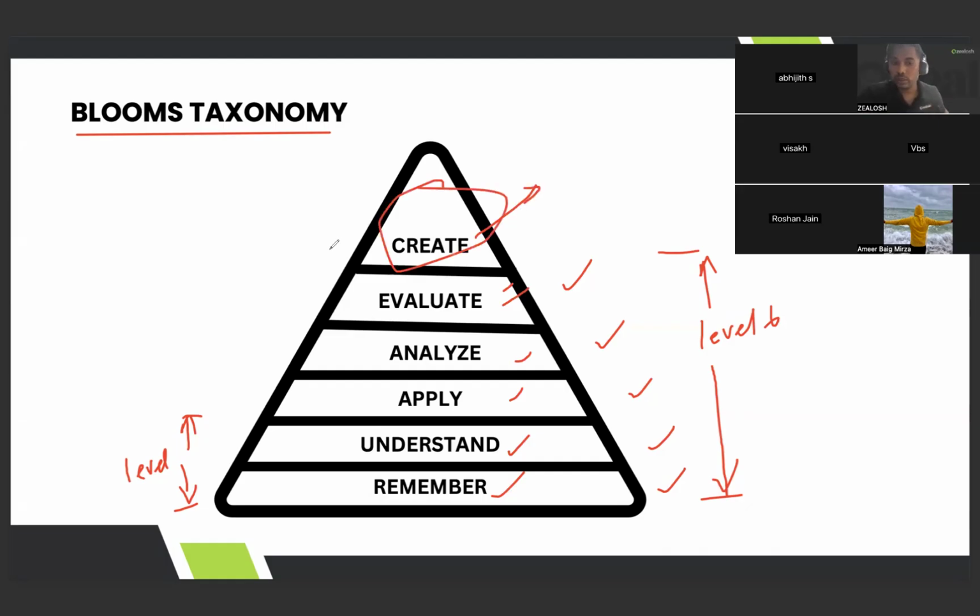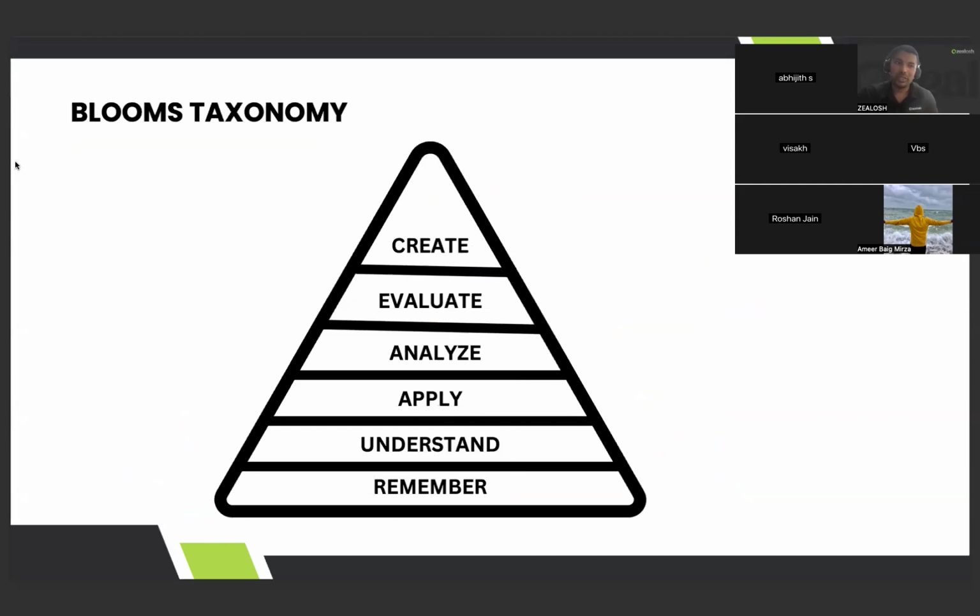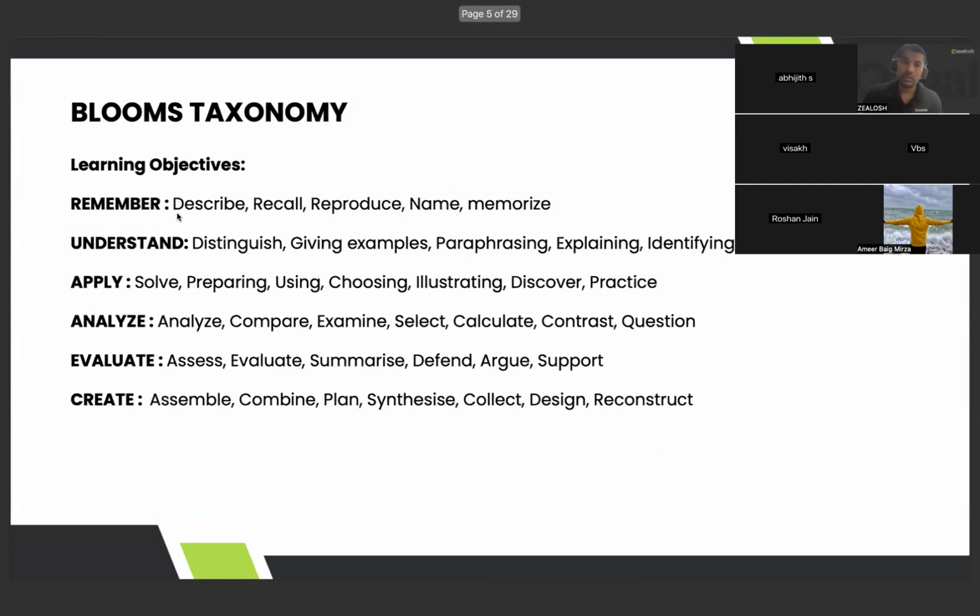So this is Bloom's taxonomy. If you see the new syllabus, they have clearly written these things there: understand, apply, evaluate. So the Bloom's taxonomy concept is included in the new syllabus. Again, there are other keywords also there. You might not have seen "describe" in Bloom's taxonomy. Describe. These all are the keywords of remember.